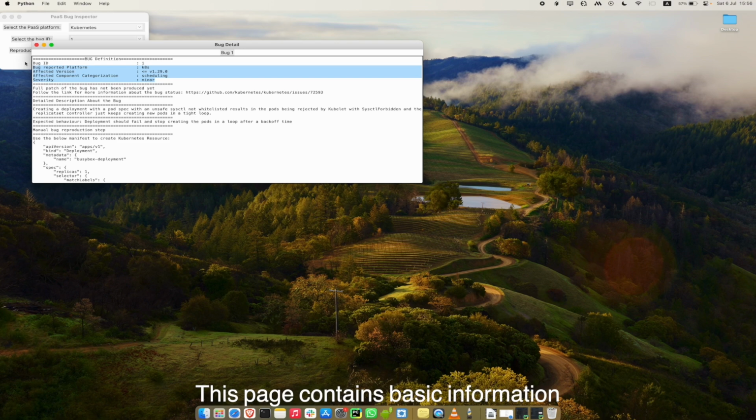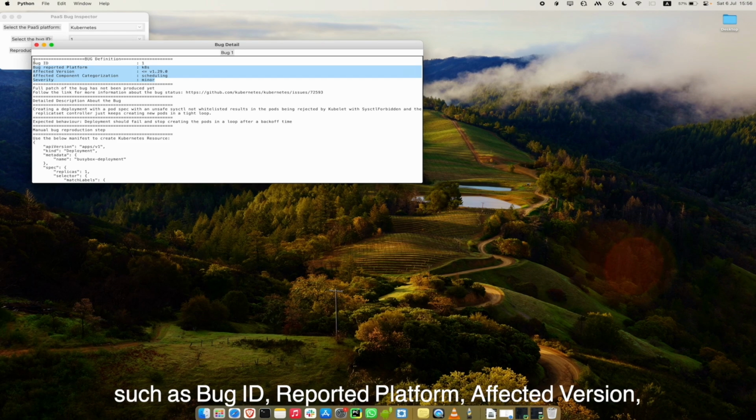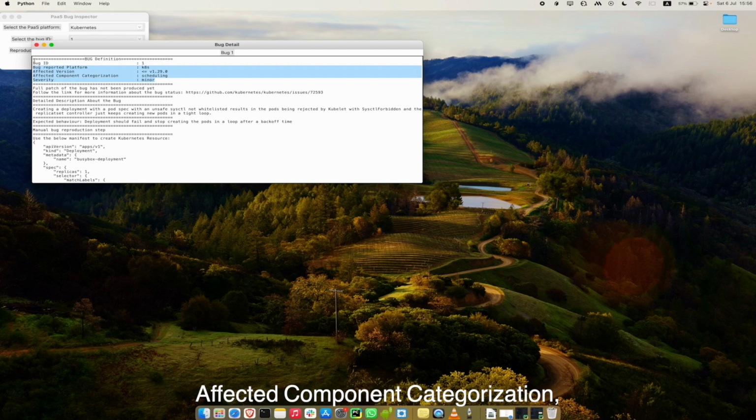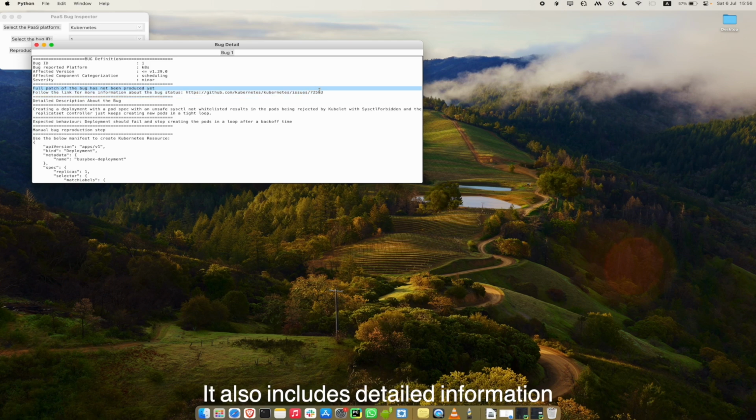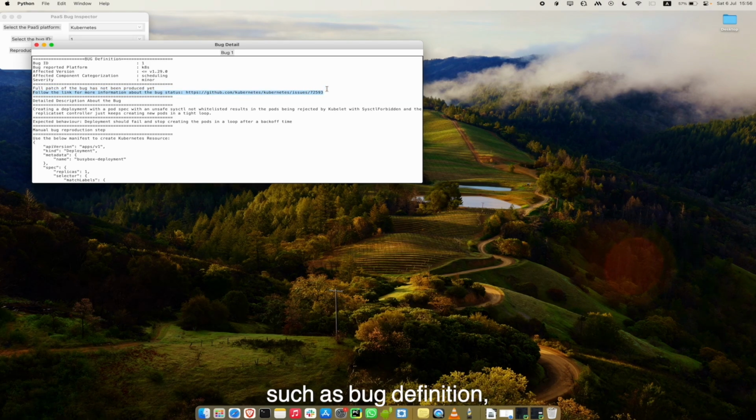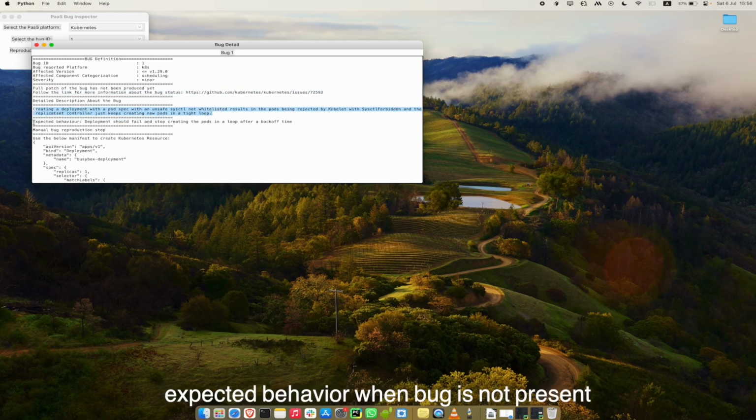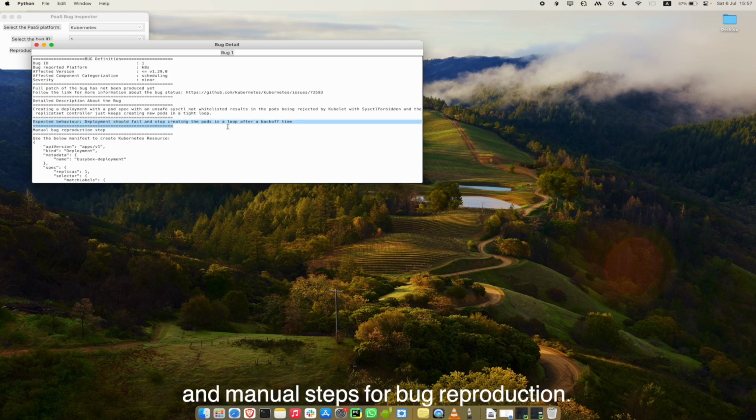This page contains basic information such as bug ID, reported platform, affected version, affected component categorization, severity, and bug URL link. It also includes detailed information such as bug definition, expected behavior when bug is not present, and manual steps